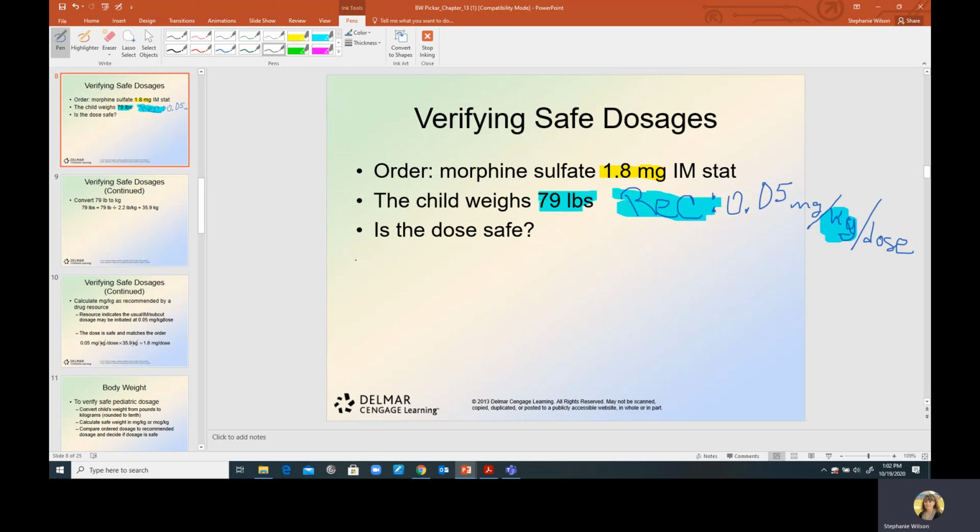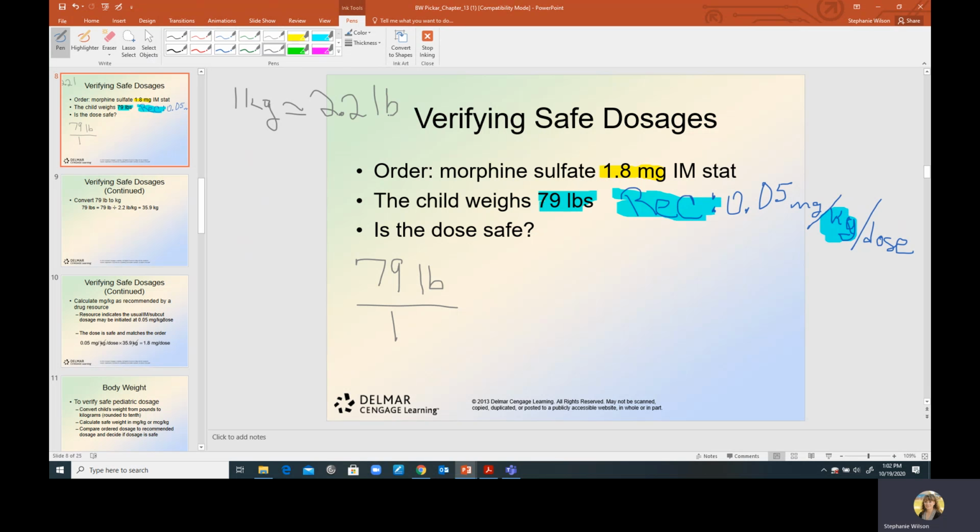So what we're going to do is we're going to take the 79 pounds. I'm going to set it in dimension analysis. Y'all can, again, set it in formula method. You can factor in groups. You can solve it in groups. It's fine. I know that for every 1 kilogram, it is approximately